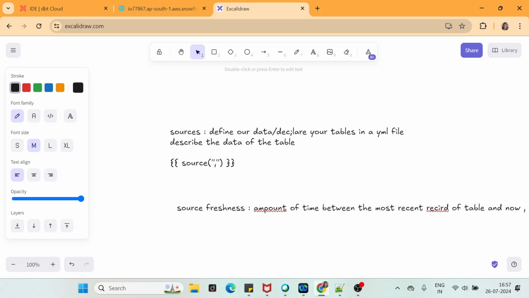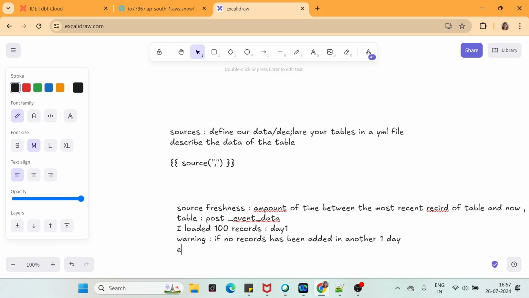What I mean to say is, let's say there is a table. In our case, it is post event data. Now I loaded some 100 records on day 1. Let's say I have defined in my sources.yaml file that I should get a warning if no records have been added in another 24 hours, or in another 1 day.